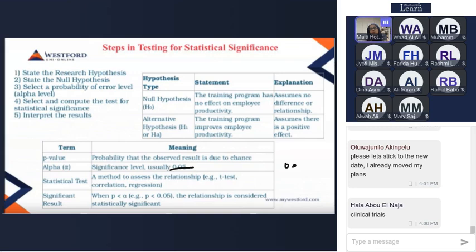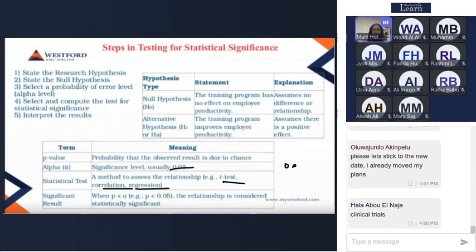So whatever statistical correlations or results you get, you should test them for statistical significance. For that, we run t-test, regression and correlation.